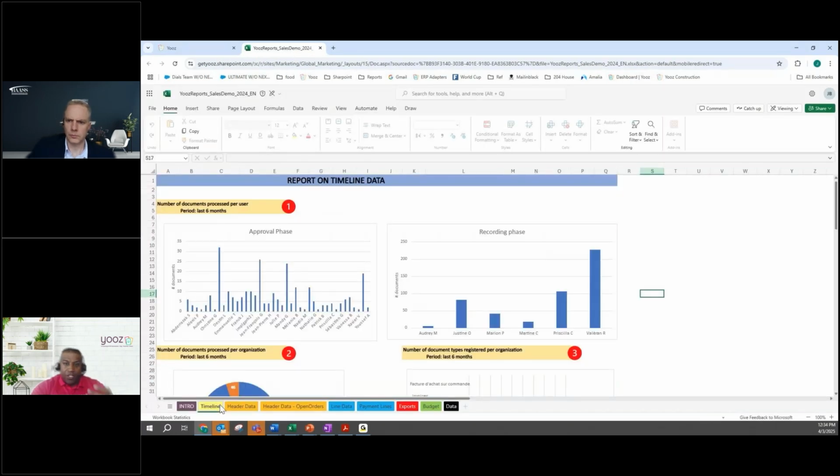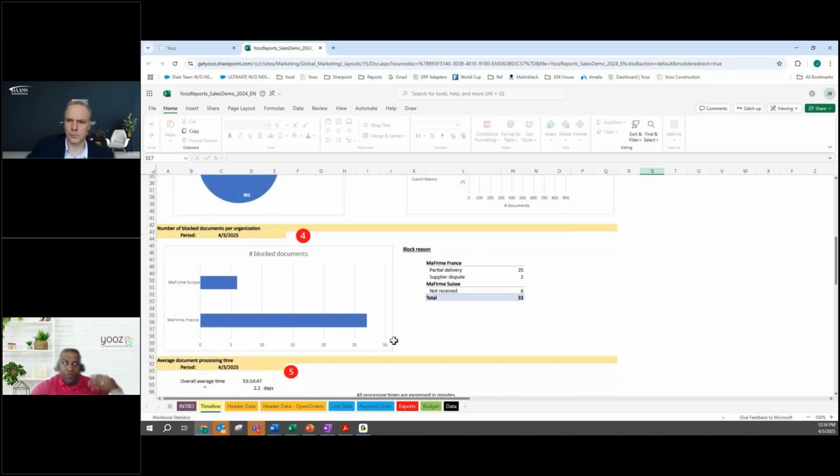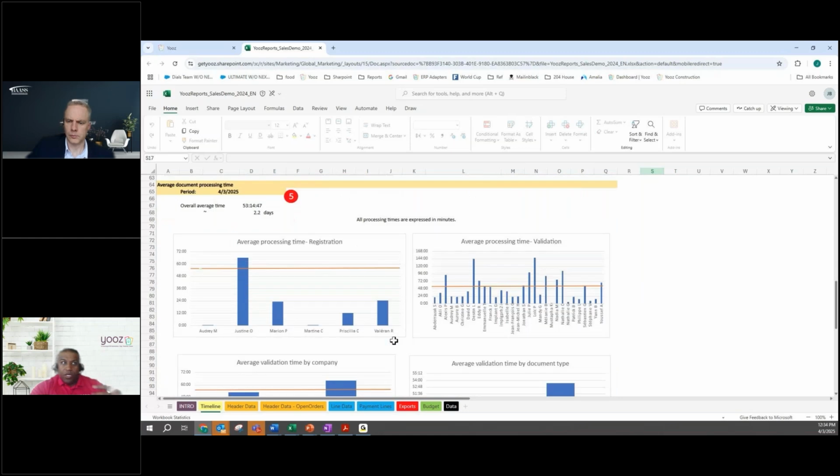So now imagine this being an Excel document. And instead of logging back into Yooz, look at this report, there's a box over here. You'll just hit refresh and automatically refresh all the information that's inside of Yooz, inside this Excel report. And this gives you live real-time data at your fingertips for you to look at, right?